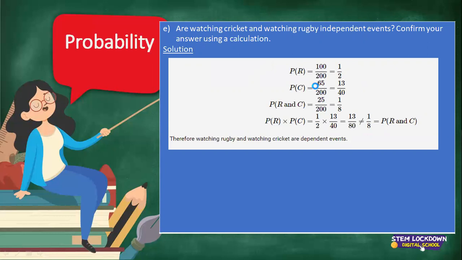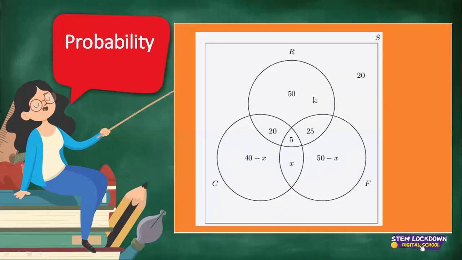How do we get 100 over 200 for rugby? We add up all this space in the rugby: 50 plus 7 plus 20, 70, 45, 100. So rugby is 100 over 200, the probability of rugby alone over 200. Probability of